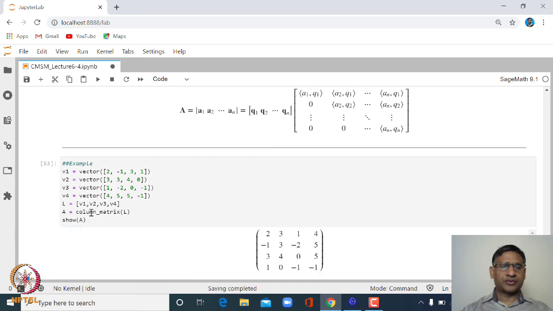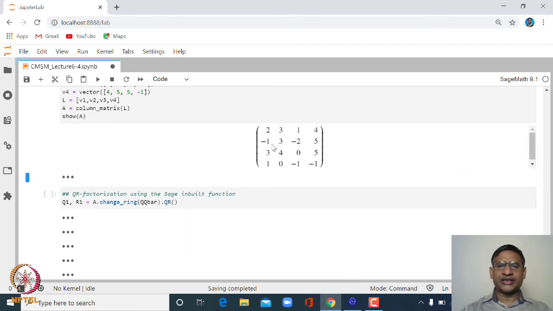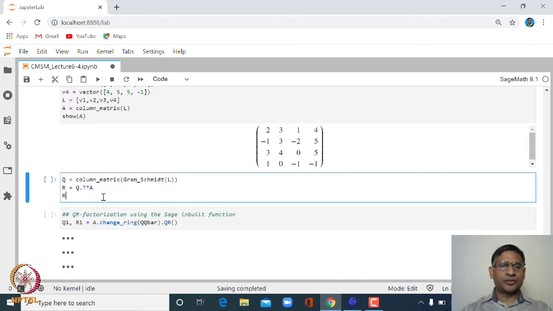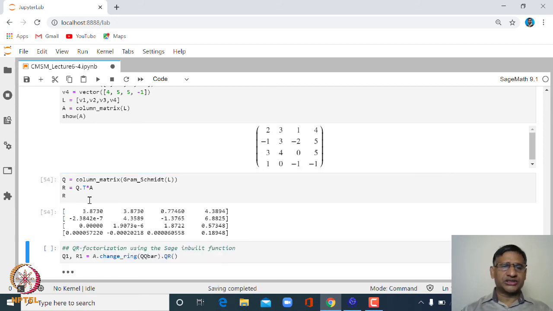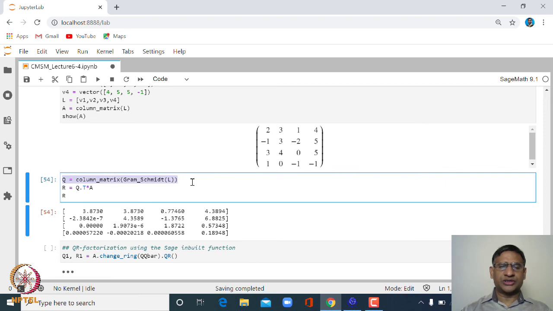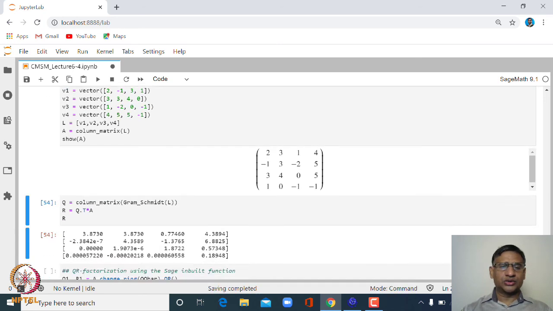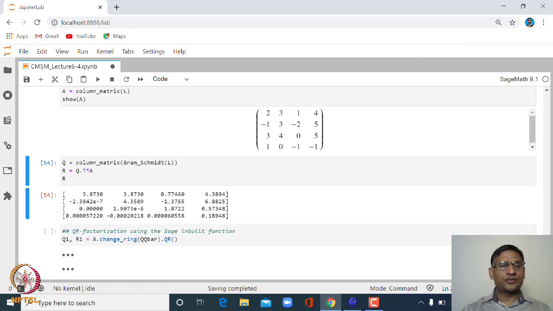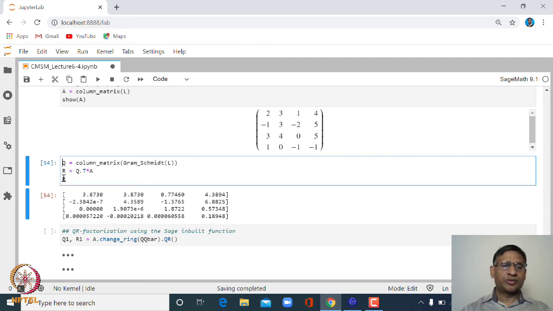Okay. So this is again the same set of vectors, and A is the column matrix, and then we can obtain this using the Gram-Schmidt process. So this is the column matrix of the Gram-Schmidt orthogonalization process. This is what we did already earlier, and then let us define R is equal to Q transpose A. You see that Q is an orthogonal matrix, so Q into Q transpose will be identity, therefore Q transpose is nothing but the inverse of Q. So once we have obtained Q, we can obtain R by taking the Q inverse times